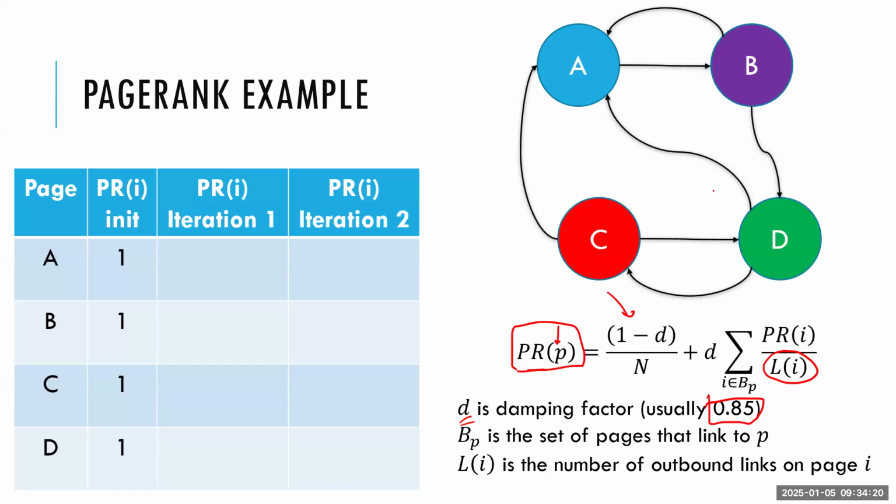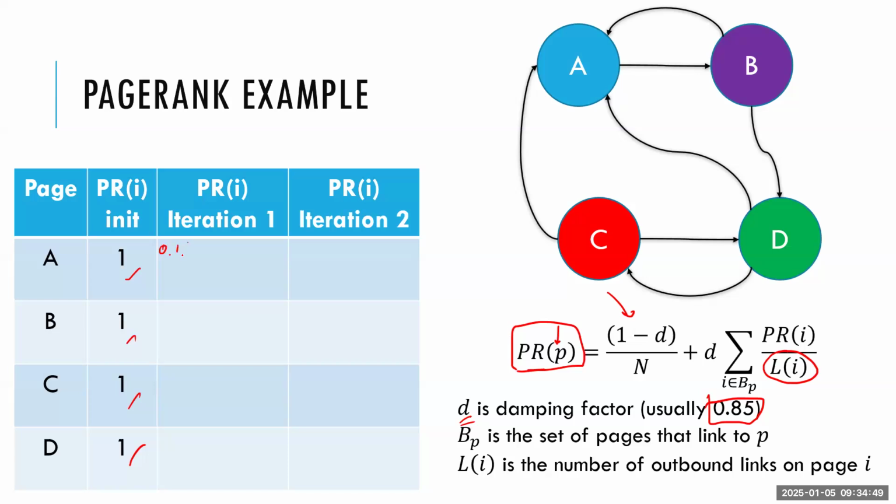So, for example, at the start, I have all these pages, A, B, C, D, and the arrow means that this page has a link to another page. So at the start, A, B, C, D have a score of 1, right? So using a damping factor, each page gets